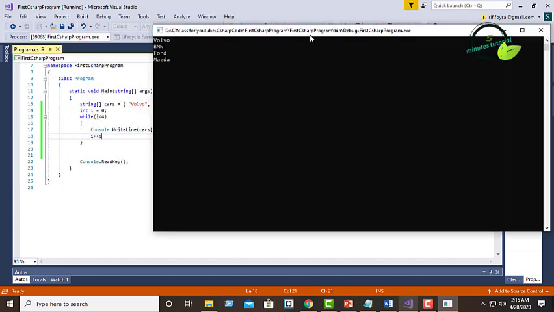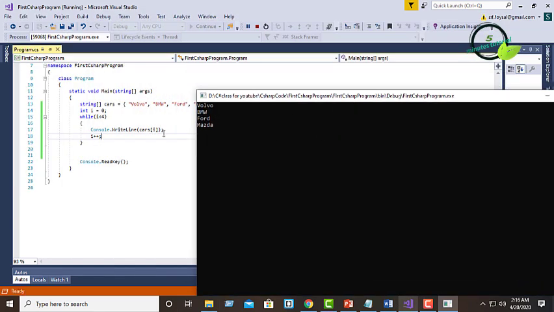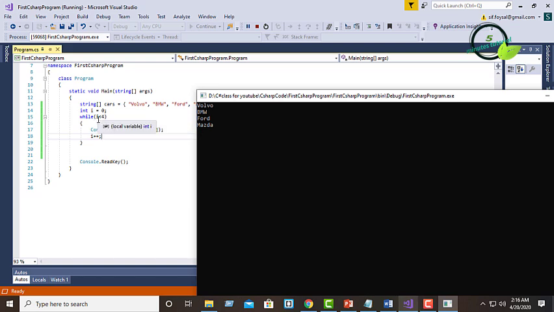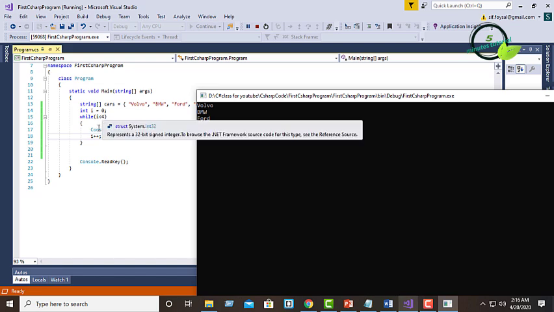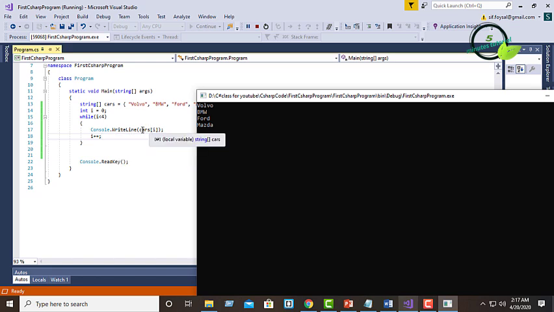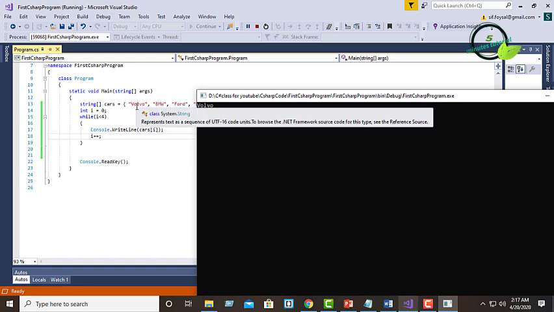Here you can see the output. So what actually happened? The first i value is 0. We are checking is 0 less than 4 or not. 0 is less than 4, it is true. Then it is executing the code and printing cars[0]. cars[0] is Volvo, so it is printing Volvo.